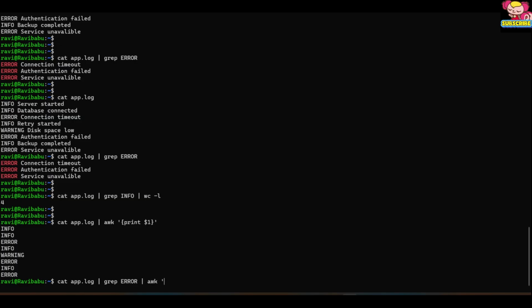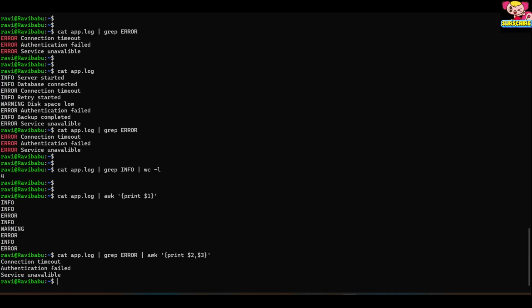Okay, we will give single quotes in a flower bracket saying print $2 and $3. Okay, now let's enter. What this does is filter errors and extract only useful details,